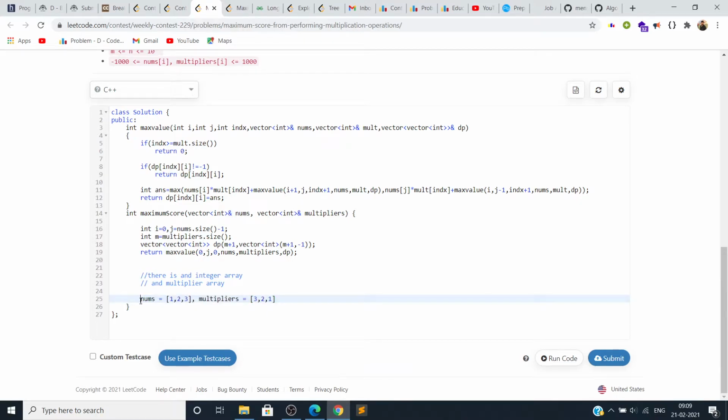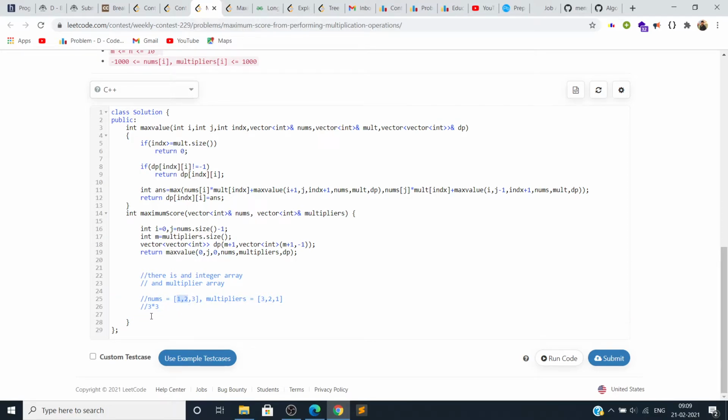So this is the nums array and this is the multiplier array. Basically we can take either 1 or 3 and multiply with the first element of the multiplier. So let's say we multiply 3 into 3, and then we are left with only two elements,